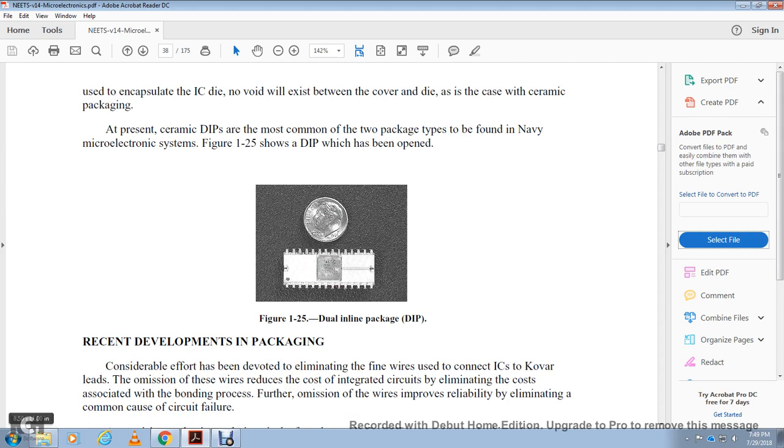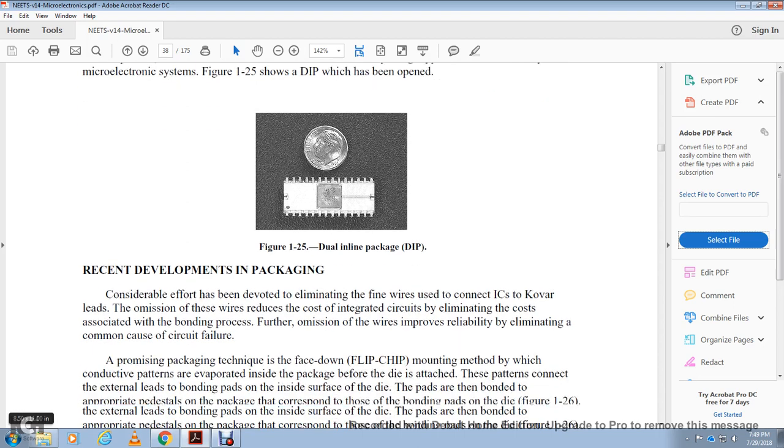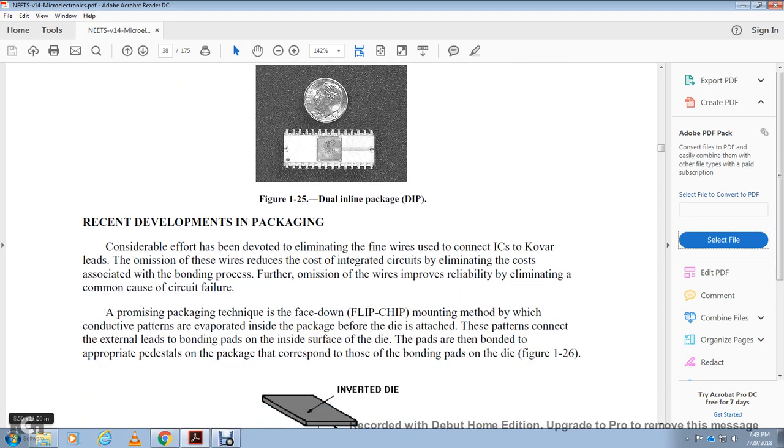Basic development in packaging: considerable effort is devoted to eliminating the fine wires connecting the integrated circuit with the Kovar leads. Eliminating the bonding wires reduces cost, improves reliability, and eliminates a common cause of circuit failure. A promising package is a technique for face-down flip chip mounting, a method in which